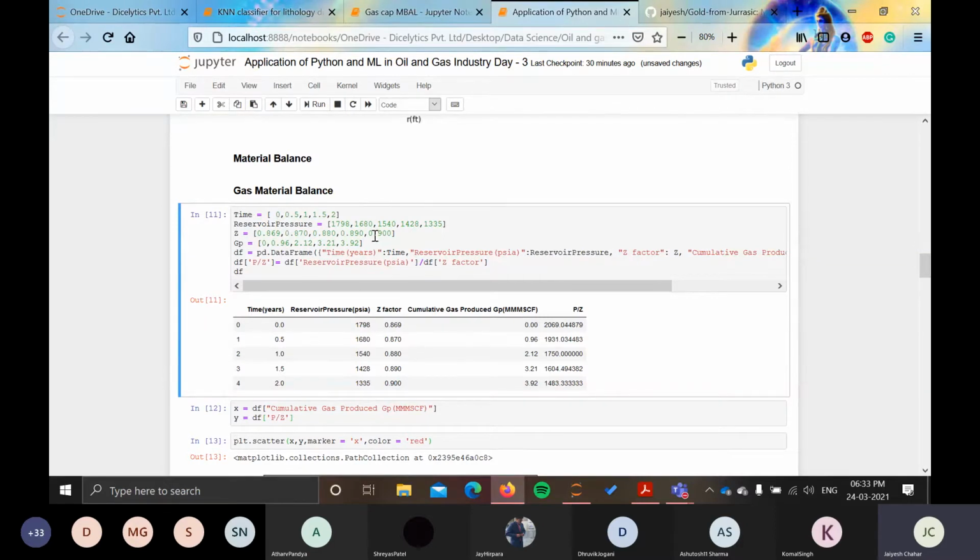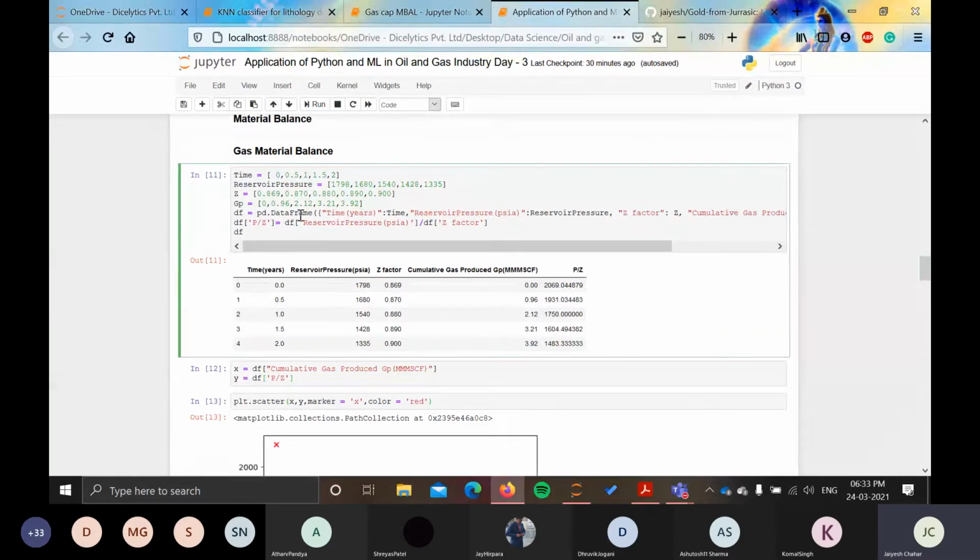You can find these values in the examples in Tariq Ahmed, and try to implement your Python learning on those examples, so you can solve those problems by using Python. In the field also we get the values of time and reservoir pressures, and they are used for history matching and getting a good reservoir simulation model that will predict our future. But here the number of points is small, only 5 points are taken. So it's a type of mini project only.